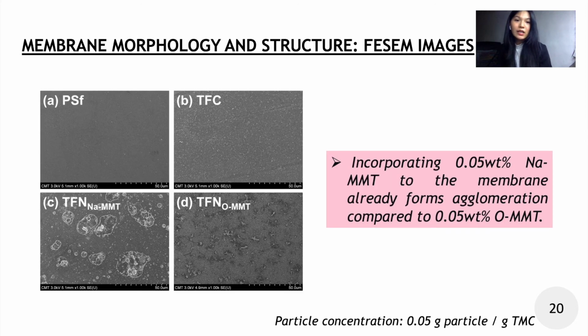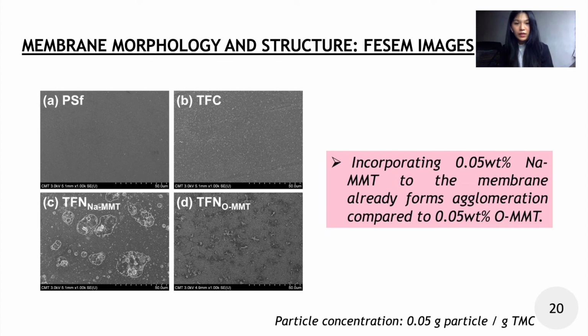For the FE-SEM images of the membrane, comparing the surface morphology of polysulfone with TFC, it can be seen that polysulfone has a smoother surface as compared to TFC. The rough surface of the TFC can be attributed to the formation of the polyamide layer. For the modified membranes, it can be seen that the particles are embedded in the surface and that incorporating 0.058% of NAMMT to the membrane already forms agglomeration compared to